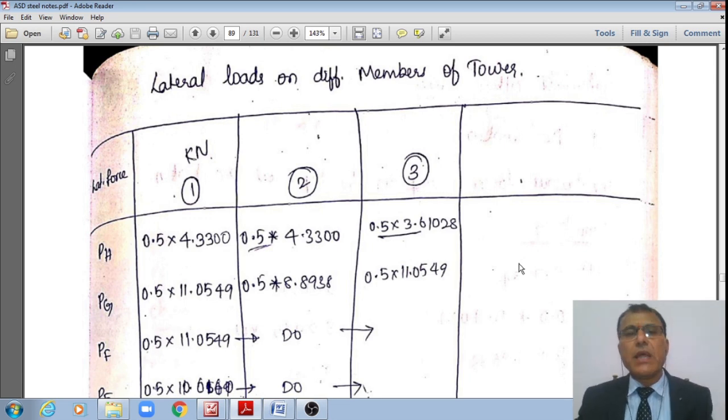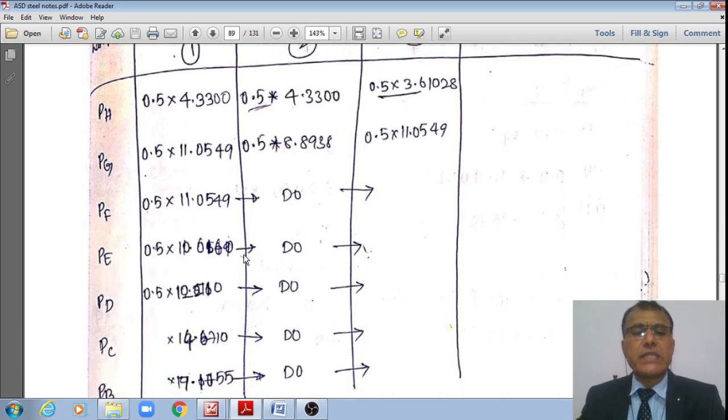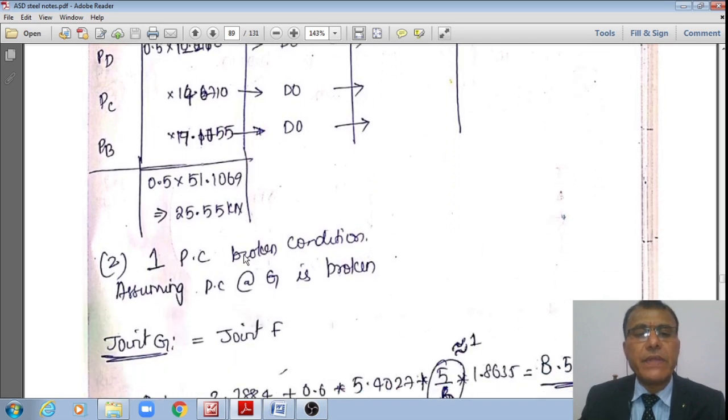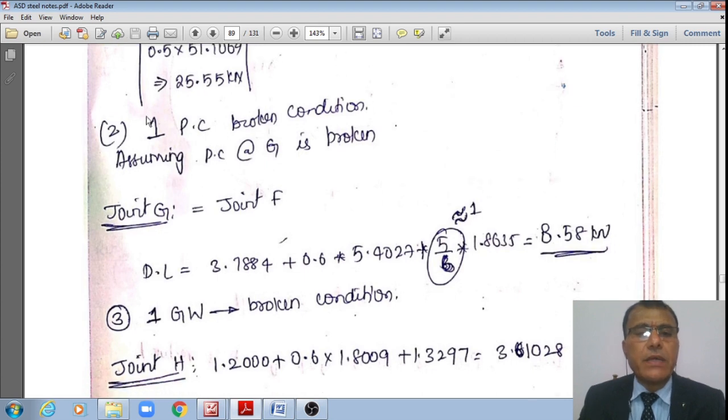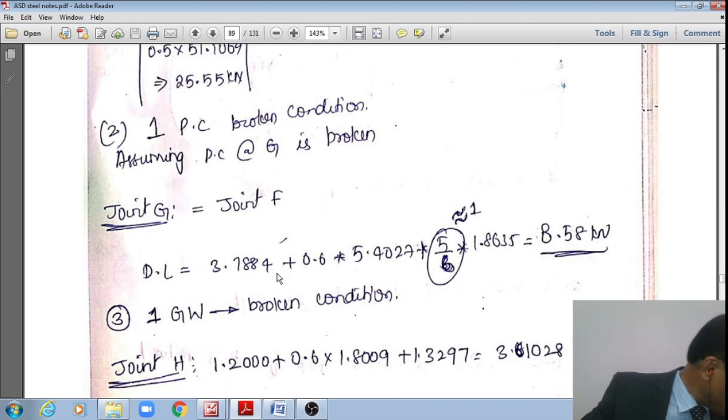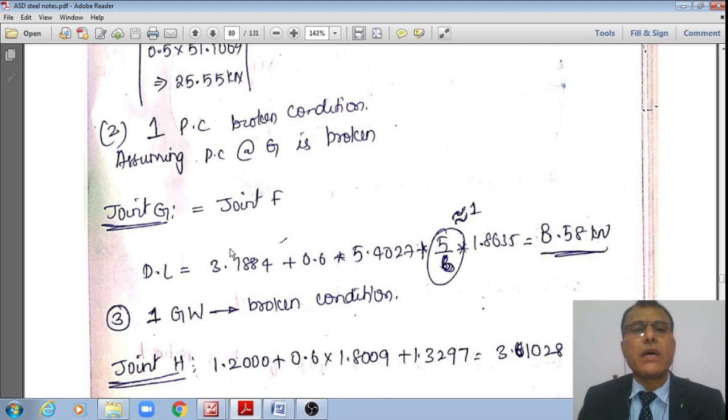The previous heading we already said lateral load, right? Now let us see, that is when everything is under normal operating conditions. Now let us see the second bit of this problem, where one power conductor is broken. The topmost power conductor is broken. That is the assumption, that the topmost power conductor is broken. That topmost power conductor is at GG level. HH is the ground wire. Therefore the topmost level GG is broken.